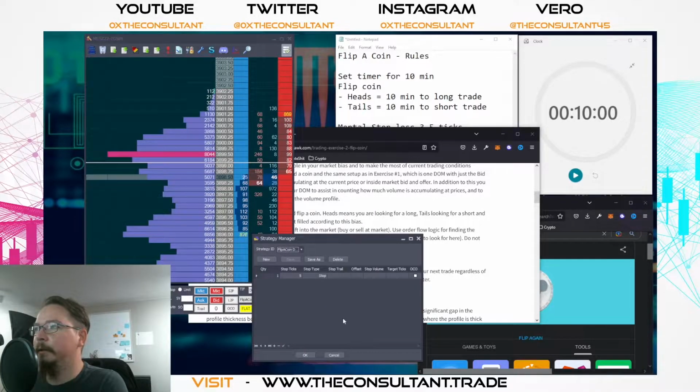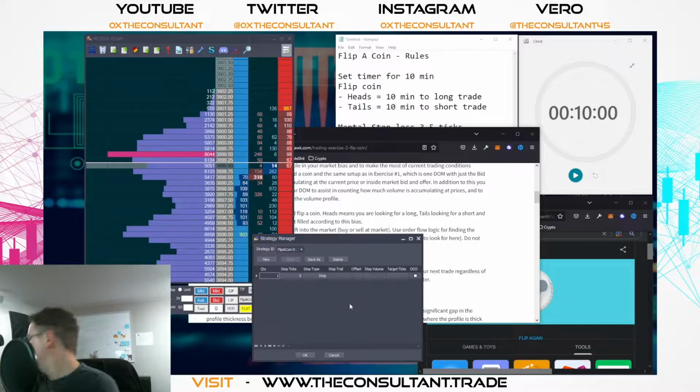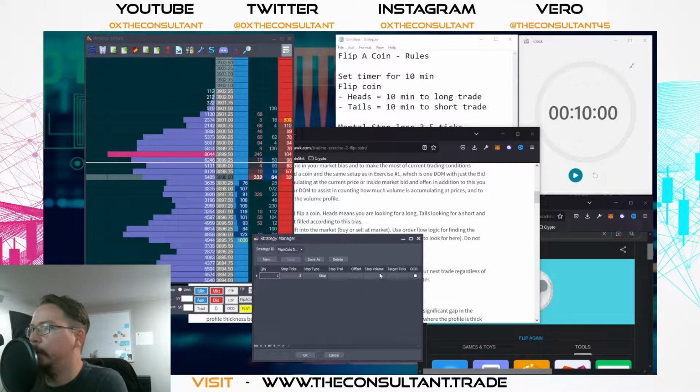Alright, so I did make a strategy in Jigsaw, the day trader platform, linked down in the description below. I created a new one. I just called it Flip a Coin Drill. I'm only using one contract. Honestly, the price doesn't really matter. You should be able to enter a position, and the price should automatically show you where your break even or your scratch position is. So I put 5 ticks. We're gonna see how that goes. No target